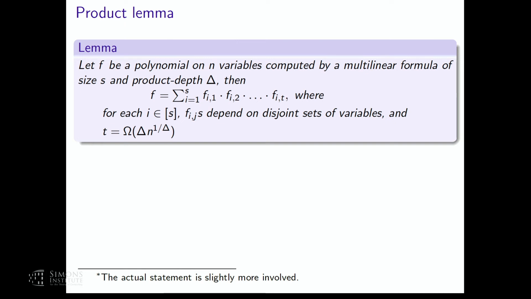What's going to happen is, if I can write a formula like this, then I'm going to be able to put a restriction on my variables, and this restriction is going to give me rank deficiency in these factors. And if there are more factors, I get more rank deficiency. And because rank is subadditive, you can show that the overall rank of anything that can be written down in this format is not too much. Again, I'll make this clear in the next few slides, but that's the outline.